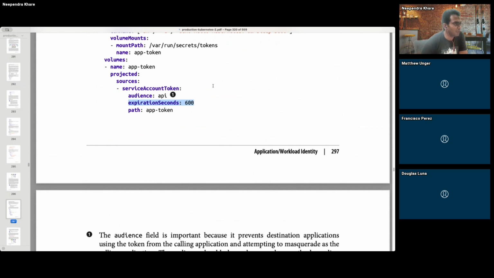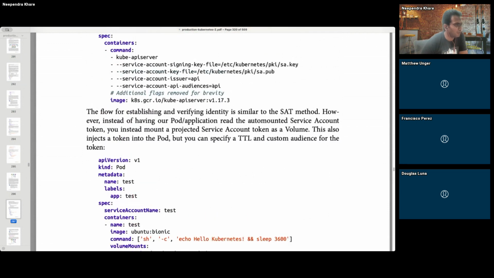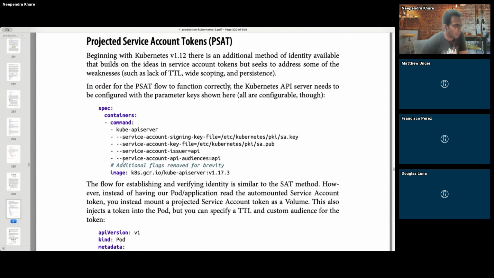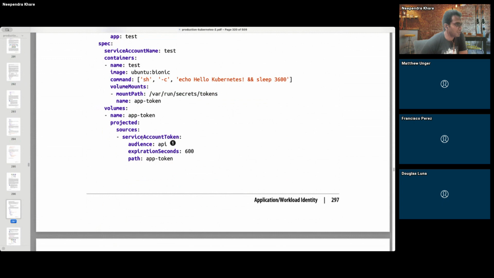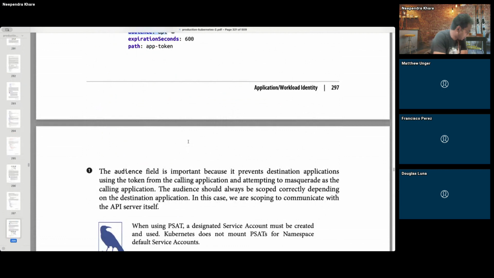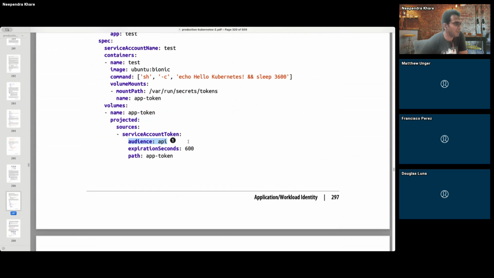And one thing mentioned here, which I was not too clear about, is this audience part being configured here. So to use this PSAT, you need to give this audience part into your API server, and you have to use it as you are using the volumes. What I got as the explanation is this is required because it should not happen that somebody else comes and projects or mimics themselves as a